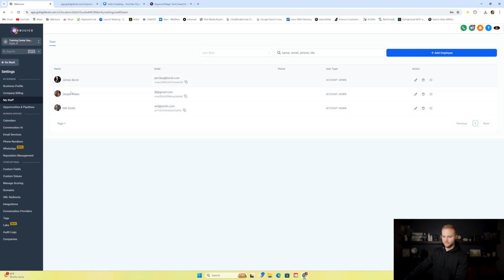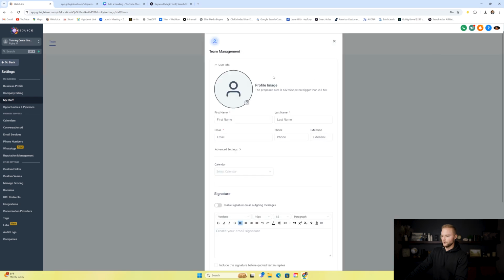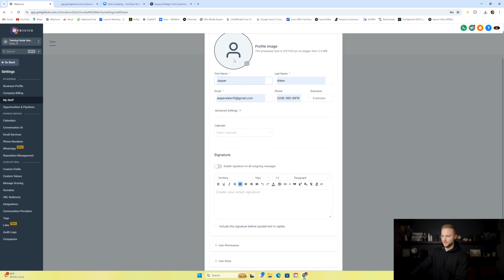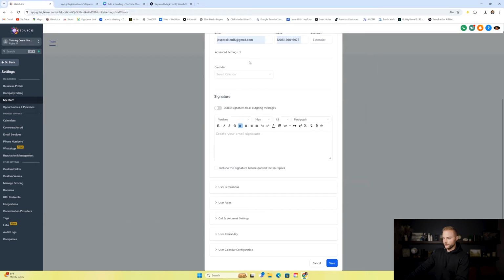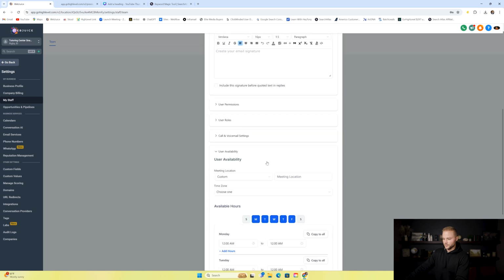And then you can see I've added in these 3 people here. And then you can just do it if you haven't added in anybody yet. You can go to Add Employee, and then you can add their first name, last name, email, phone number. That's really all you need. And then a profile picture for the booking system, so whenever they go and book, they can see a picture of the person they're booking with and their tutor. But yeah, you'll just add in that information, profile picture right here, and then you'll go down and also add,